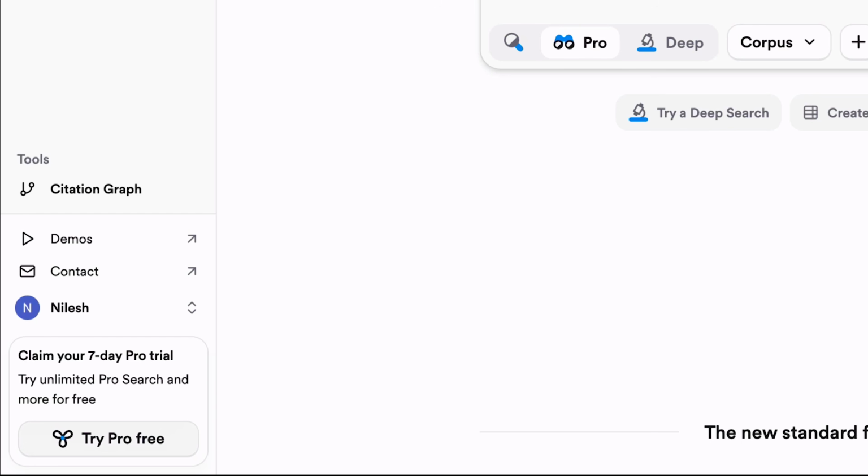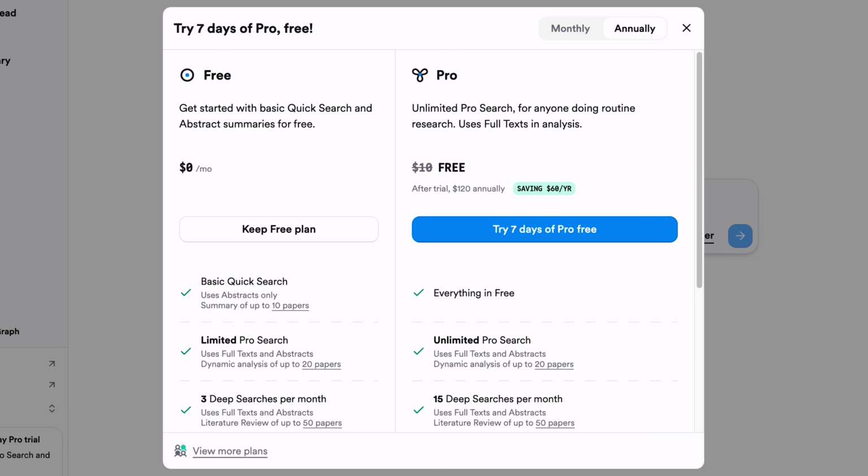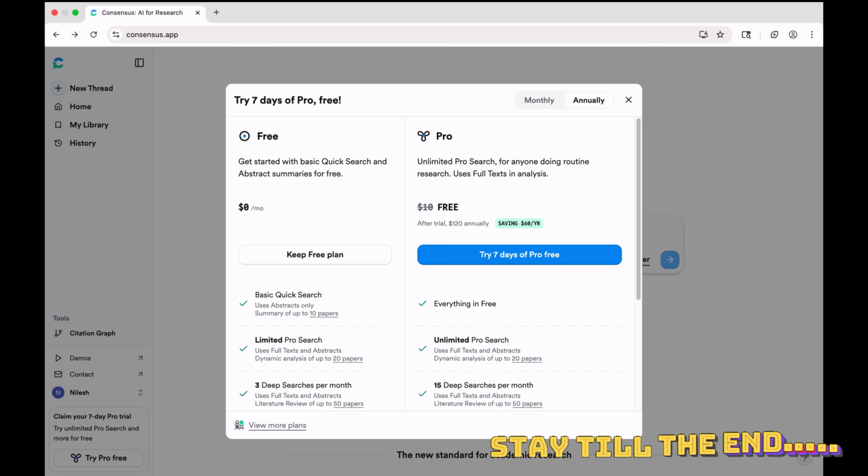If you click on try pro free, it will show you only a 7-day free trial, and thereafter you have to pay 120 USD annually. But keep watching this video, where I'll tell you the way by which you will get this pro version free for 1 month. Now the very first step to perform a literature review or to write a literature review article